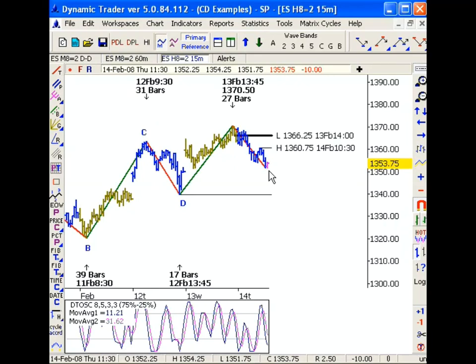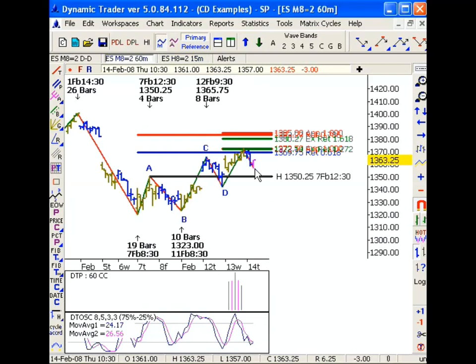Let's take a look at the 60-minute 11:30 bar. We're going to add one more bar, and now we're in the oversold zone with a 60-minute bar. We only had a very small decline so far. But if we're oversold in the 60-minute bar, we're going to now trail our stop in the 15-minute data